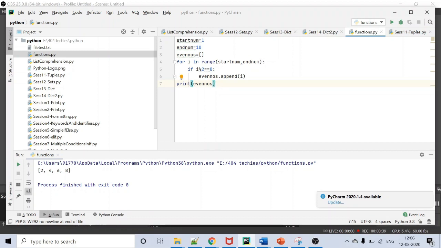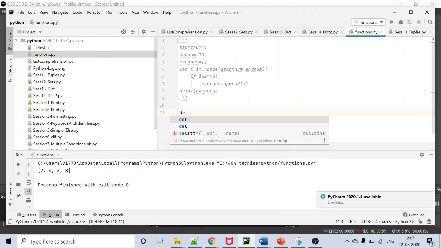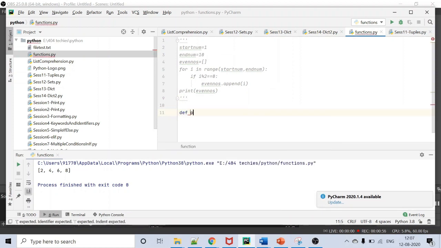So I'm just commenting out these lines. I'm going to write def print even numbers. My function name is print even numbers. Inside it I'm going to pass two parameters, start num comma end num, then colon.